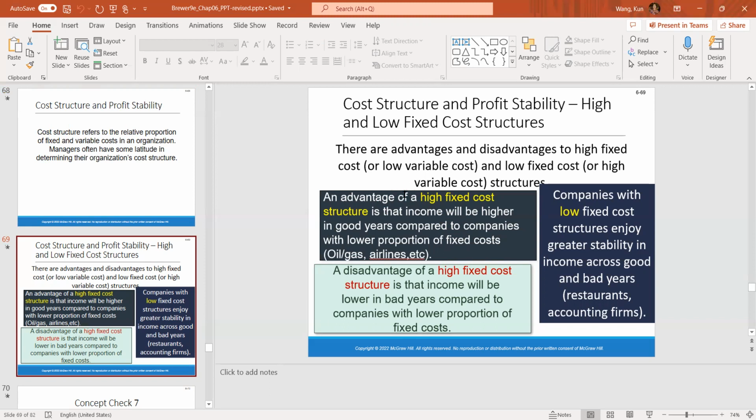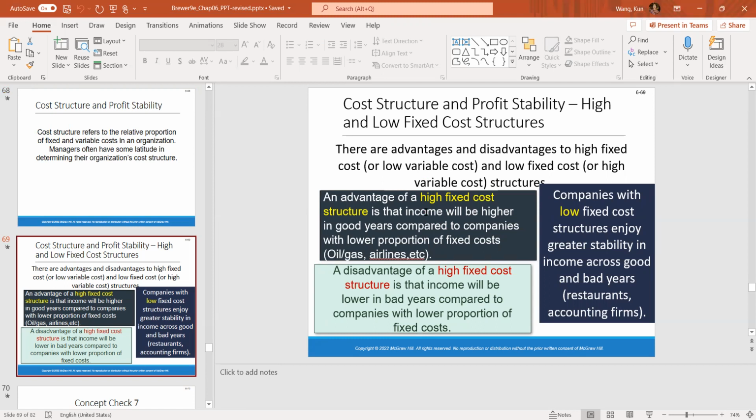So the advantage for this type of company is, when they have a smaller increase in their sales revenue, they can have a higher increase in the operating income. So a small change in the sales volume can cause a big change in the income. So if the revenue is going up, if the revenue is going strong, then the company will be doing very well. But if your sales volume decreases, the net income will also decrease much faster than the